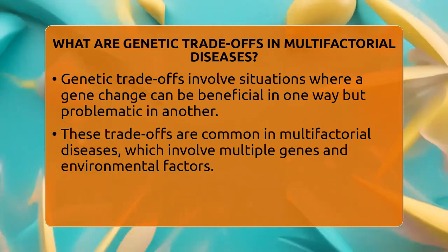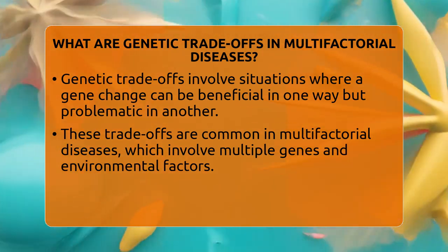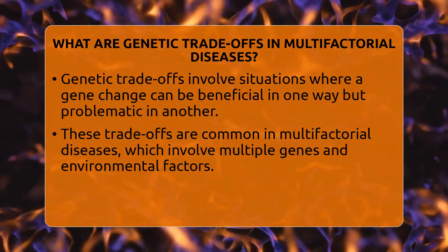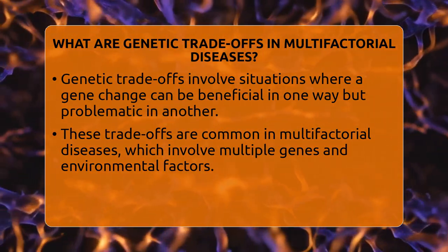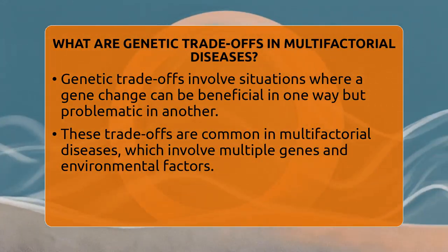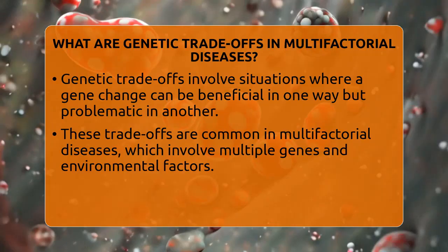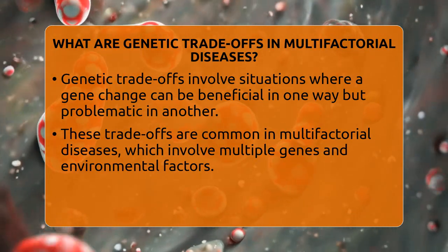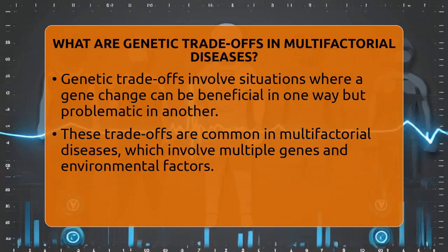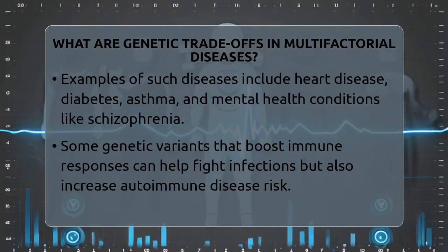In these diseases, many genes work together along with your environment to shape your health. Unlike single gene disorders, these conditions involve a mix of genetic and lifestyle factors. Examples include heart disease, diabetes, asthma, and even mental health issues like schizophrenia. Because so many genes are involved, a gene that raises your risk for one disease might lower your risk for